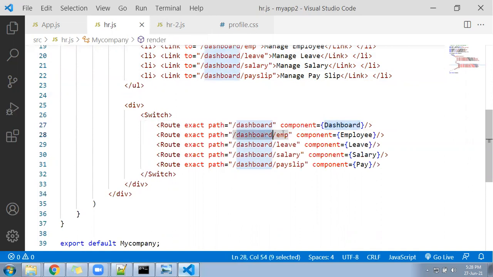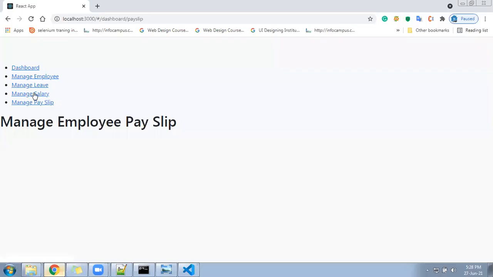If it is dashboard slash emp, then load the employee component. If the URL is dashboard slash leave, call the leave component. If the URL is dashboard slash salary, call the salary component. If the URL is dashboard slash payslip, then call the payslip. But what you need to understand is that everywhere you can see the parent URL is dashboard itself. Let me come to the browser again and show you it is happening perfectly, right?